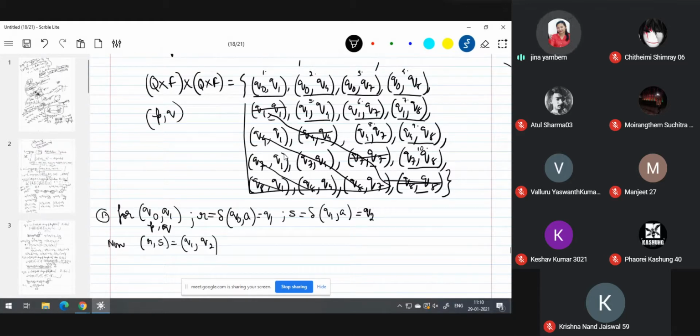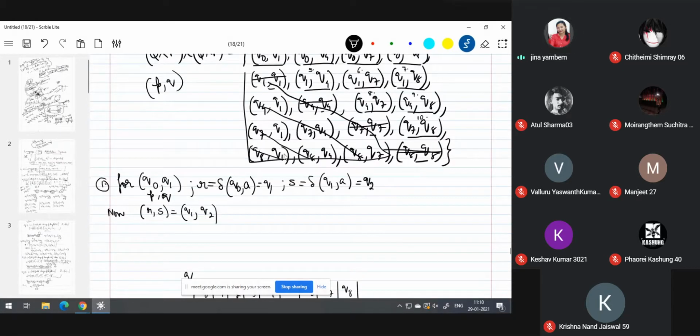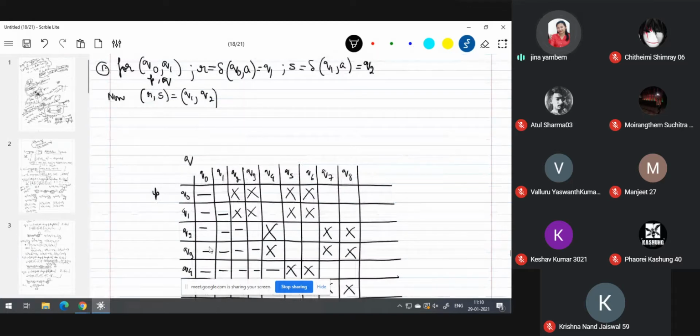Now this Q1 Q2, right? I need to check in the matrix. Where is Q1 Q2 here? Q1, the row is Q1, column is Q2. Q2 is cross mark. Hence, what you need to do is fill Q naught comma Q1 as small letter